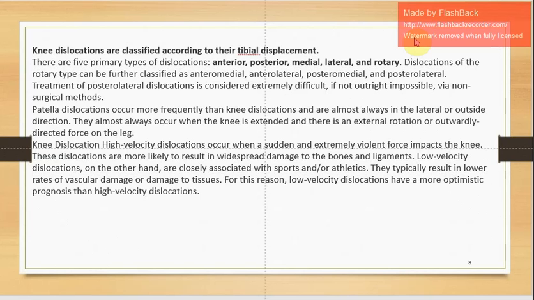Patellar dislocations occur more frequently than the knee dislocations and are almost always in the lateral side, or the outside direction. Already we have discussed